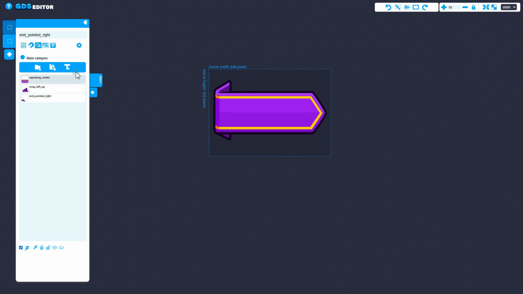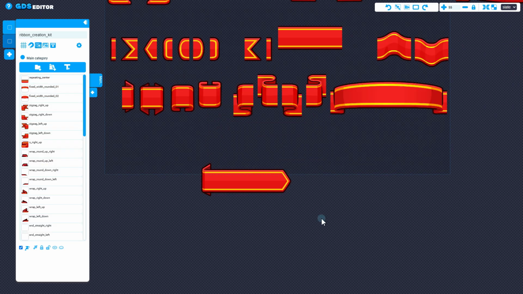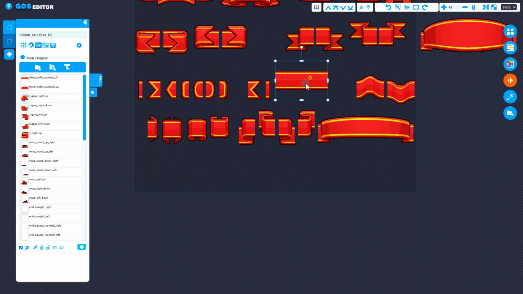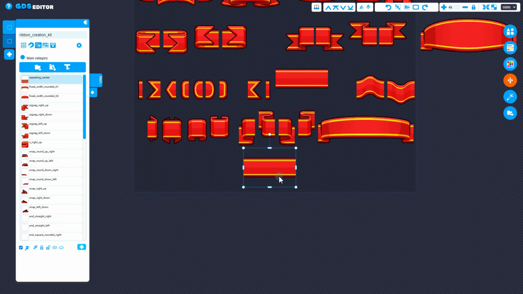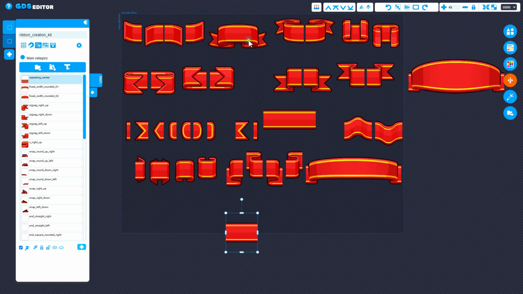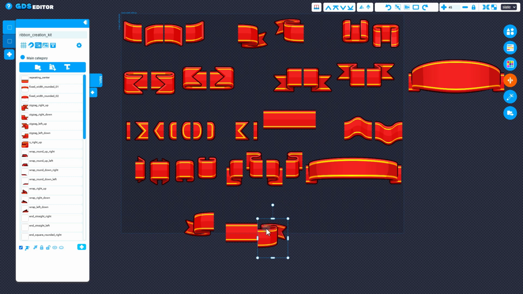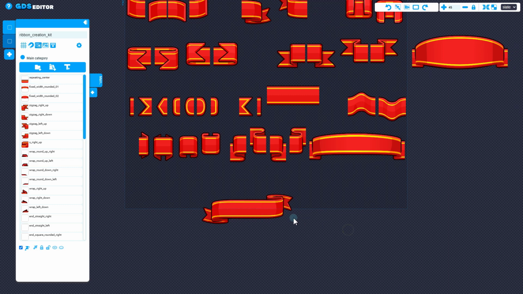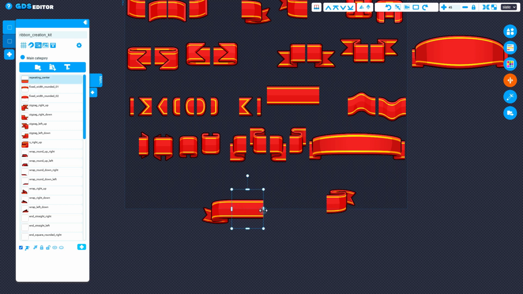So let's go back to the main creator pack and let's create another ribbon, sorry. Let's duplicate the center and let's pick some edges. So we've got an edge here. Let's pick this edge and this edge, and again let's use the row align tool, and there you go. If we need this to be a bit longer,